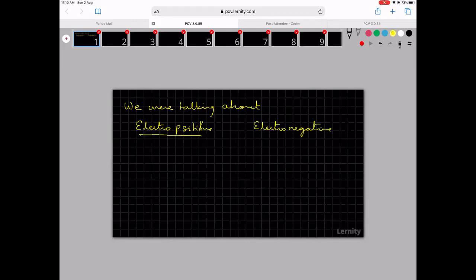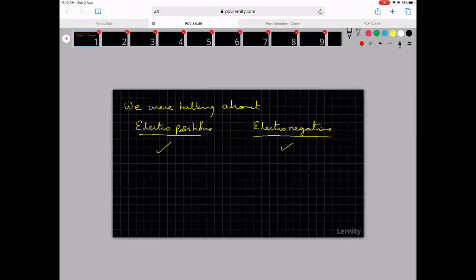Are you able to understand these two? Do you remember these two? We said all those elements which have less than 4 electrons in the outermost shell will be electropositive. And then we said all those elements which have more than four electrons in the outermost shell will mostly be